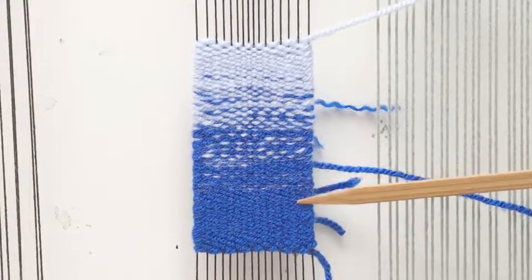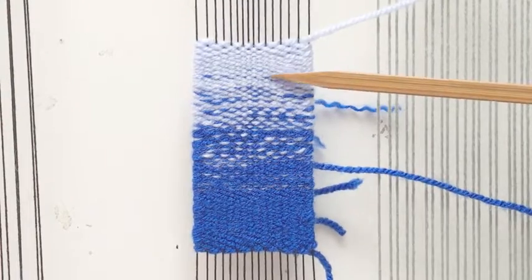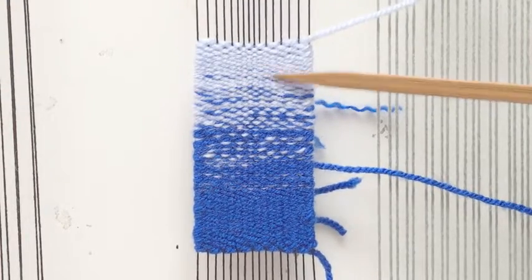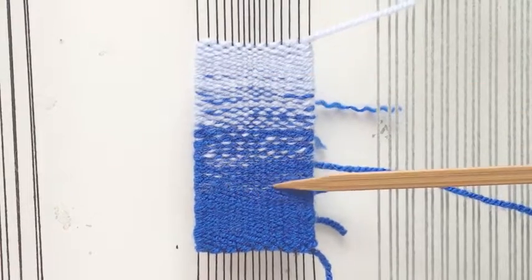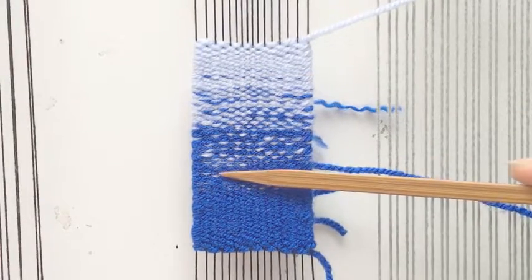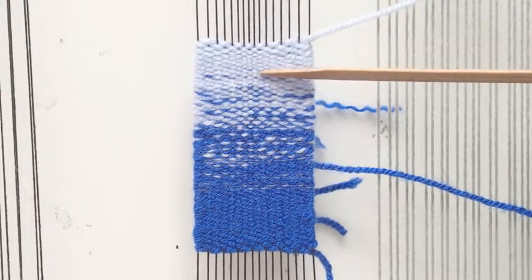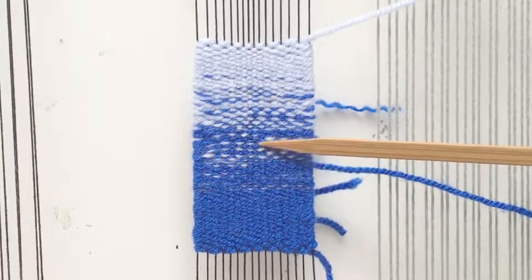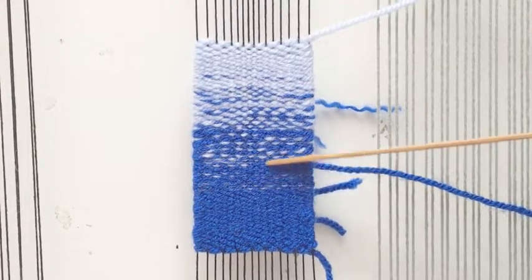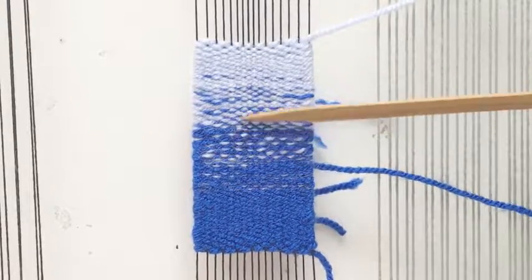So here we have a nice gradual transition at the beginning and here at the top as well. So this is when you're using one strand or one ply of the yarn, and here as well. And here there's a nice transition of the colors moving this way. And even from here, the center part down is a nice transition. Now here, when moving from one color to the next, or this big transition part, I recommend that you kind